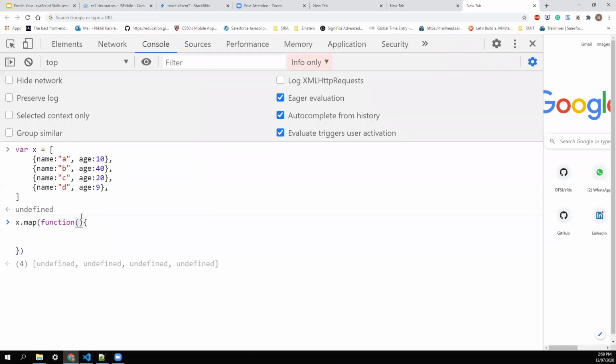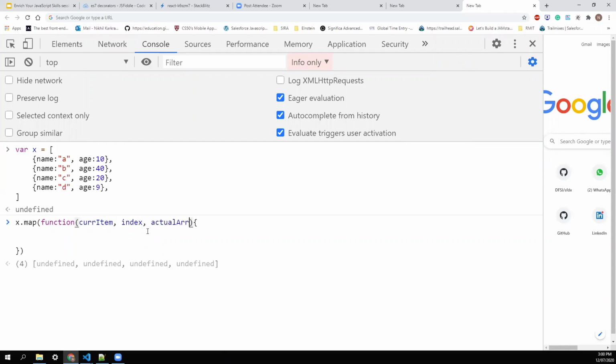You need to remember from the exam point of view, specifically the parameters' names. The first parameter will be the current item. When it runs the loop, the first item is the current item. Then the second is the index of this element. And the third is the actual array.